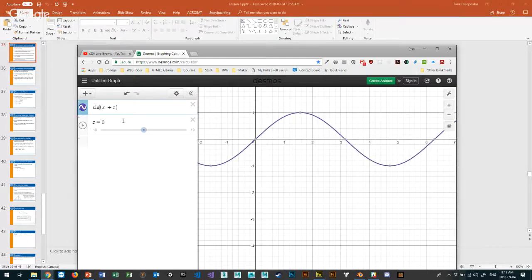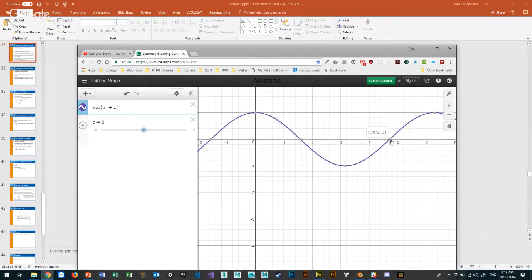Whereas cosine doesn't start at the origin. One thing to note, I think it looks like this: cosine starts not at the origin, but one up from the origin typically. So here, this would be 0. Here, at this point, it would be pi over 2. At this point here, it would be pi. At this point here, it would be 3 pi over 2. And here is the completed cycle of 2 pi. So it starts off up.